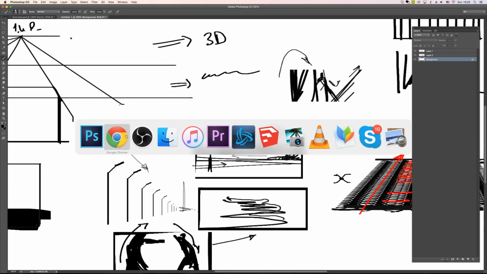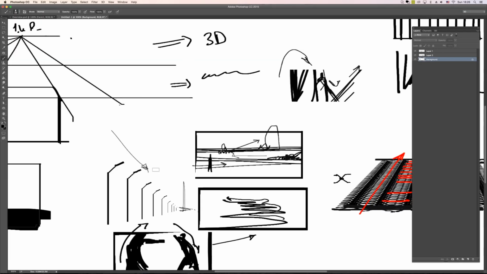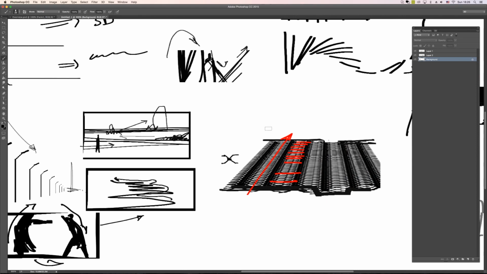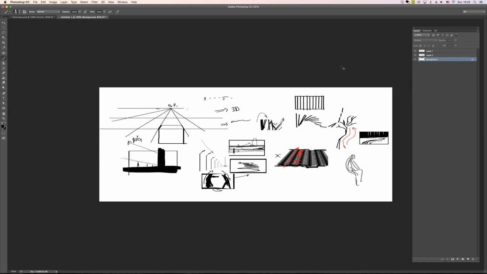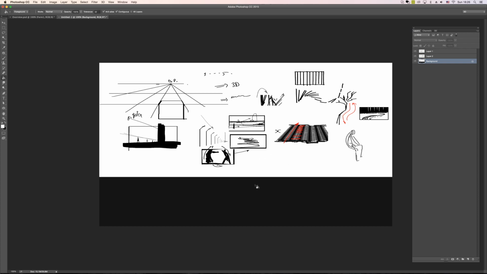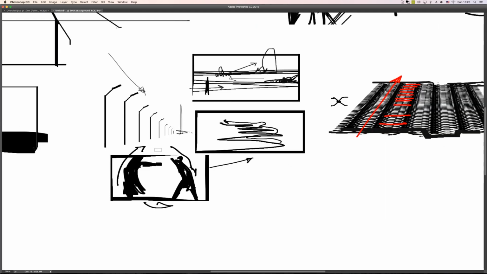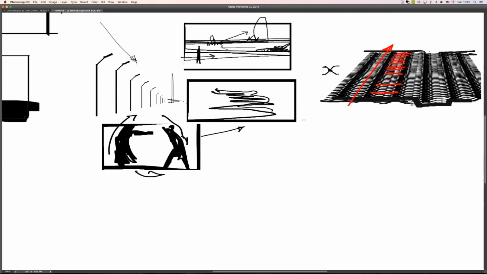So this was all about Unity and Harmony. But before I tell you more about principles, I would like to say something very, very important. When we will start doing more complicated stuff and creating compositions and designs,